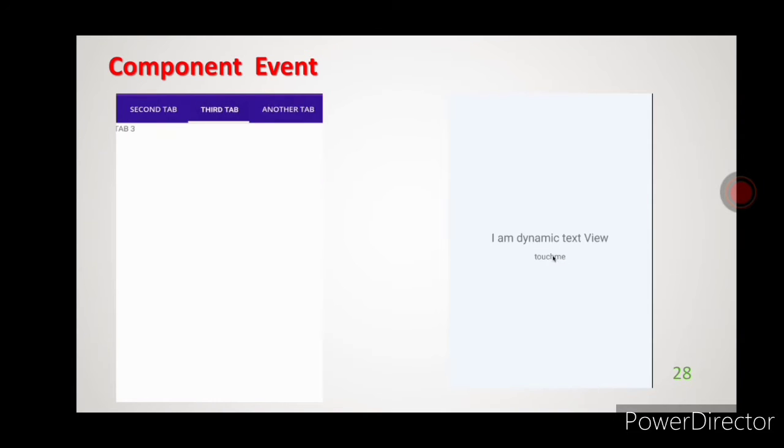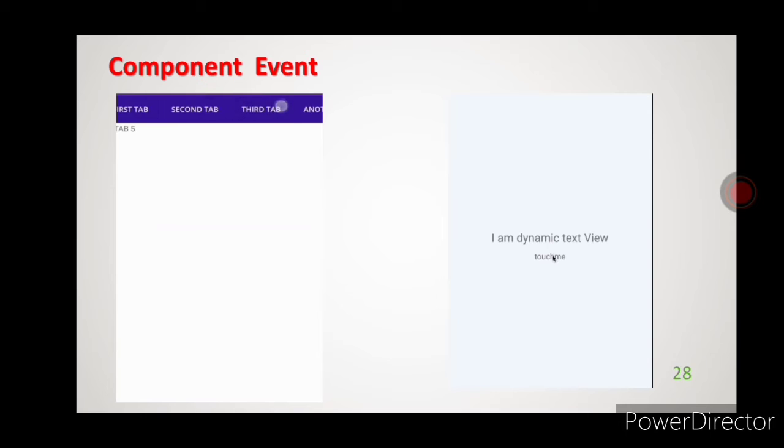In the first image the component position is changing every time, when the pointer is clicking on a tab, the position of the tabs is changing. And when I click on the Touch Me button in the second image, it is showing the text. Once again I click on the Touch Me button, the visibility of that text disappears. In all these cases the component event is generated.